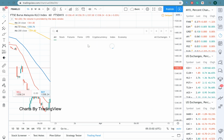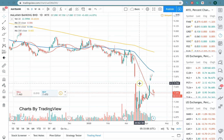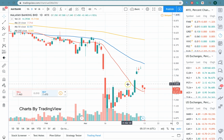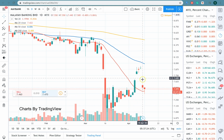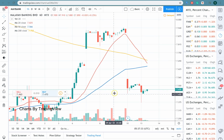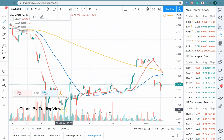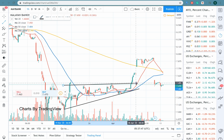First, Maybank, Malaysian Banking Berhad. Okay, the price of Maybank has gone down and then bottomed up. It looks like a gap here, but I think it's a dividend, so that's why there's a gap down here. What I wanted to point out to you is that this is a 60-minute chart of Maybank. It broke out of an ascending triangle some time ago,